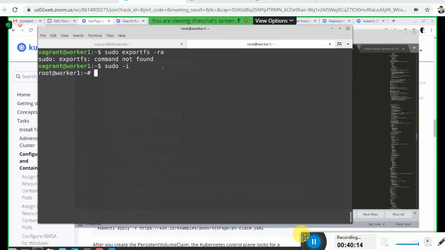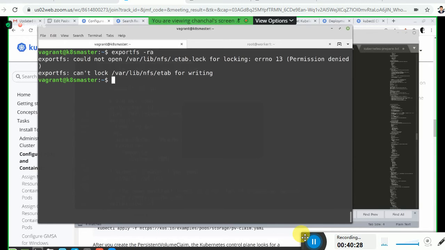On the exportfs, it should run on all the hosts which are expected to. Okay, on the master also this should be running. So okay, we have created the NFS server on the master actually.